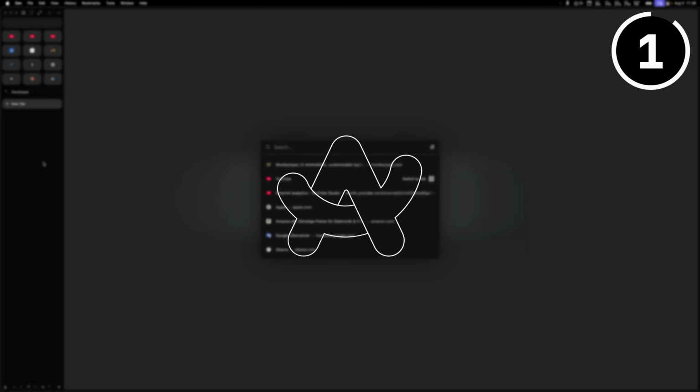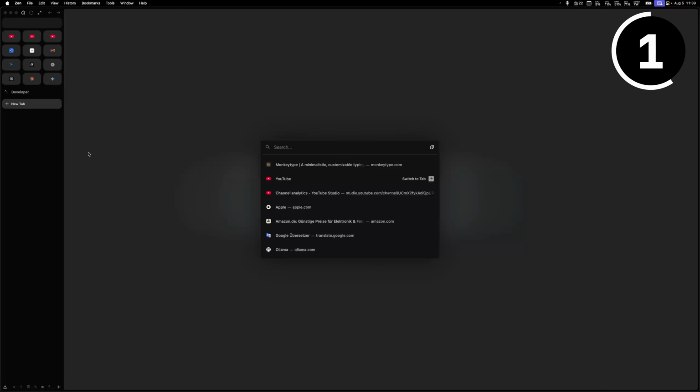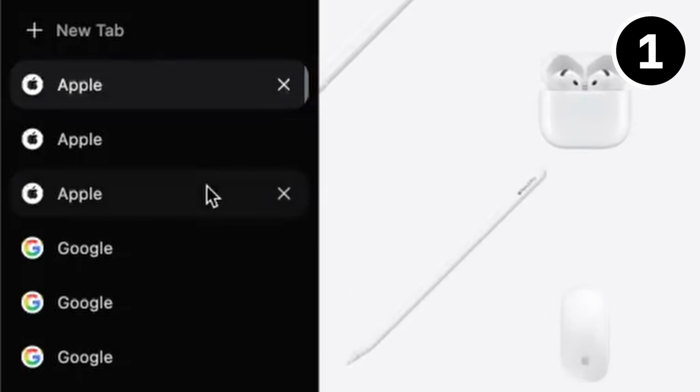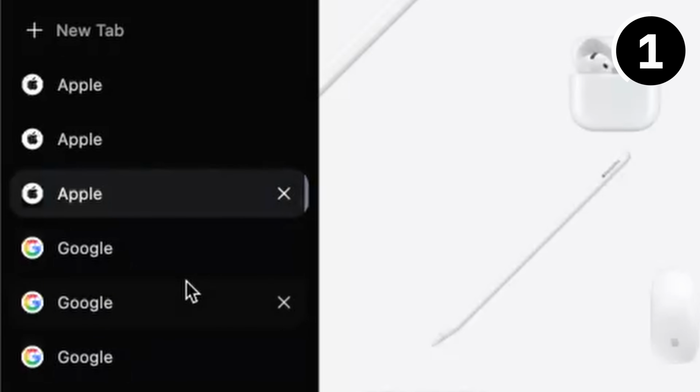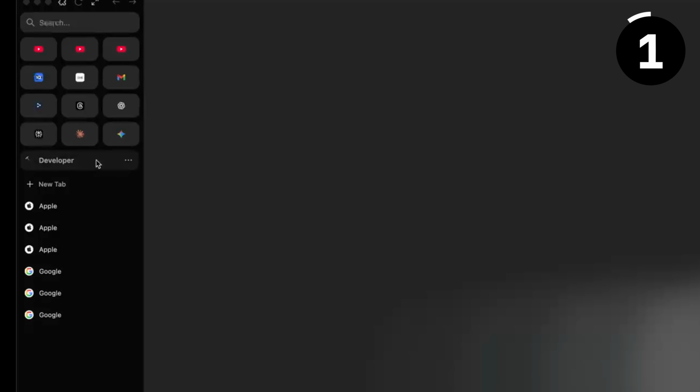The first app is called Zen. At this point you probably have heard of Arc, and Zen is a lot like Arc, but based on Firefox and not discontinued. So here are a few things that make Zen stand out. First, Zen has vertical tabs, so the tabs are not on top of the browser but in a sidebar. Second, Zen has different workspaces for different parts of your life, and Zen has these pinned tabs which work like